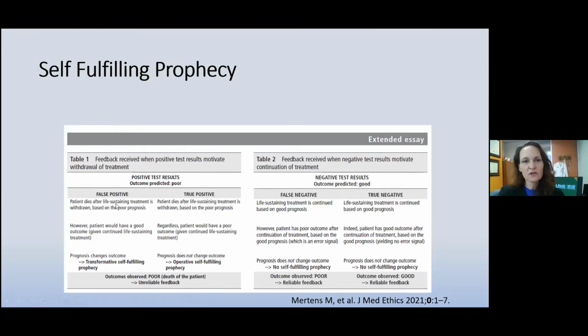And I don't know if you can look at this, but on the left side here, if you have some situation, like you predict an outcome is poor, right? Your idea about the outcome will affect the outcome. So for example, I meet with a family and I say, Abuelita has an ICH and it involves her brainstem, and she